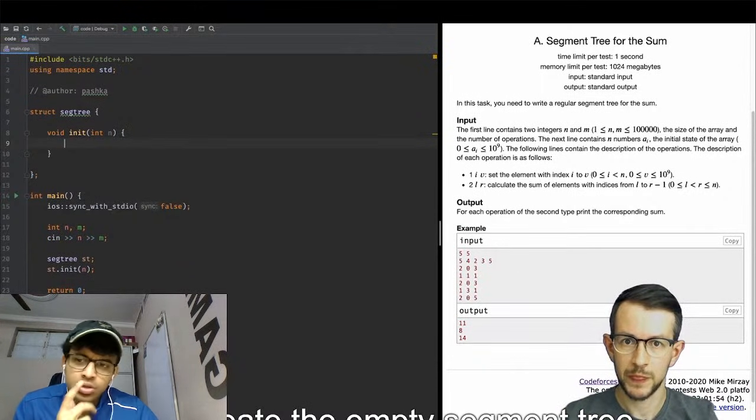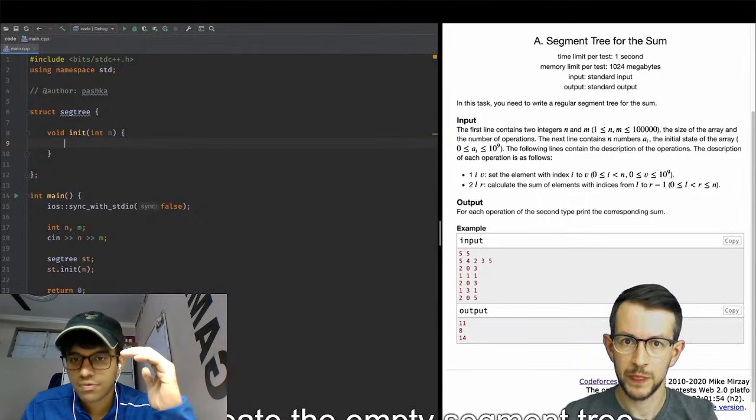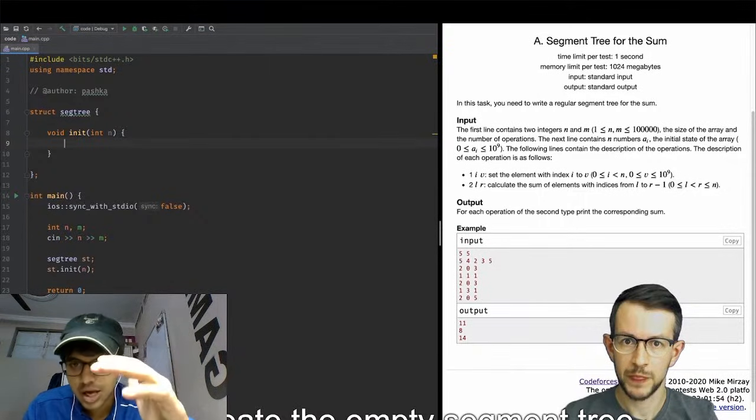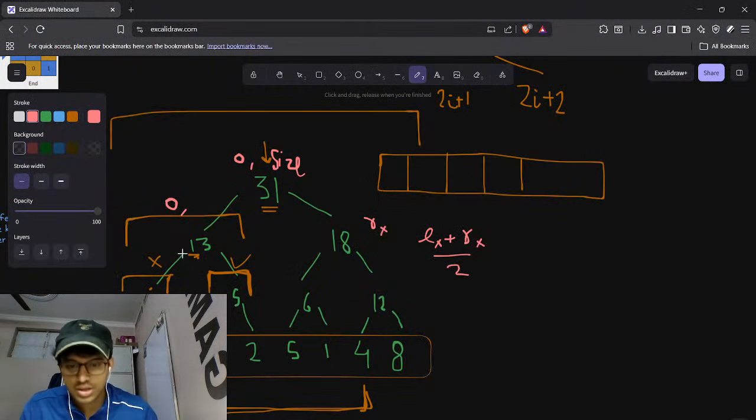So the first step was we create an array which should actually be a perfect power of 2, and it should be greater than or equal to the size of our original array. Right, this is the original array. In our case it was already 8. Now to represent this in a segment tree,